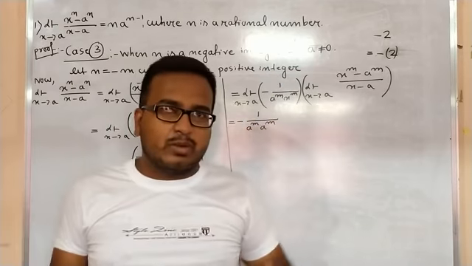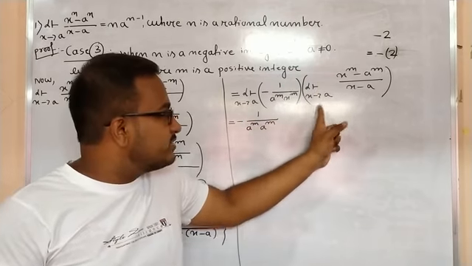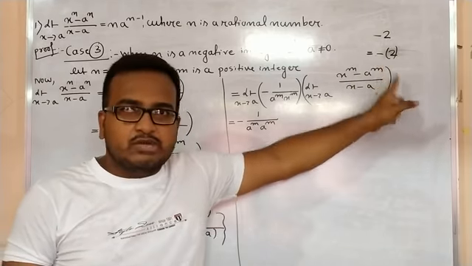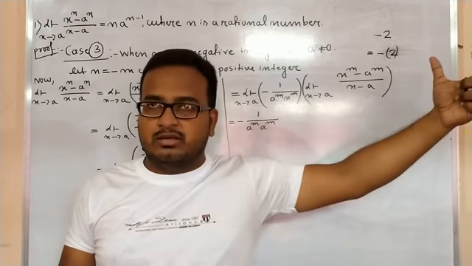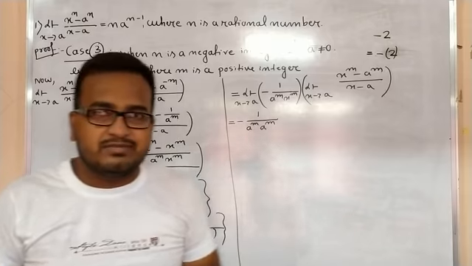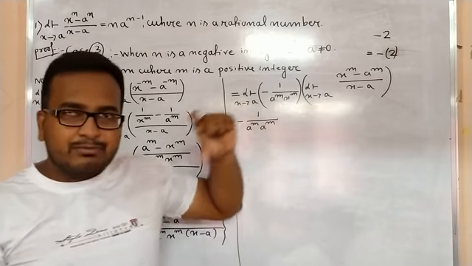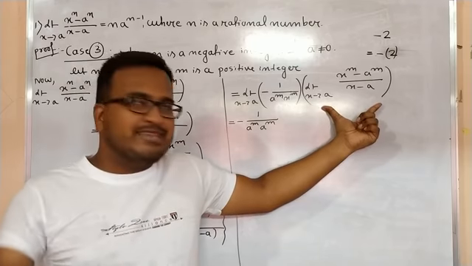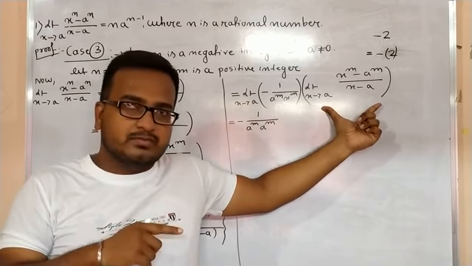So in case 2 what I have proved is that limit x tends to a of (x to the power n minus a to the power n) by (x minus a) equals to n a to the power n minus 1, where this n is a positive integer. Already I have proved it for positive integer in case 2. So now I am going to apply the result of case 2 here, right? Because it is exactly same as what I have done in case 2.